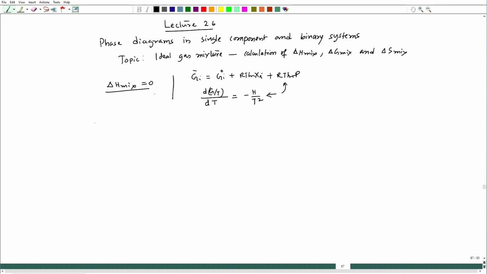Now, we have to find out what is the value of delta G mix. And when we try to do delta G mix, we will start with this equation, rather we will change this equation a little bit. Gi bar equal to Gi naught plus RT ln Pi. So, we will take this. In fact, this is for mix